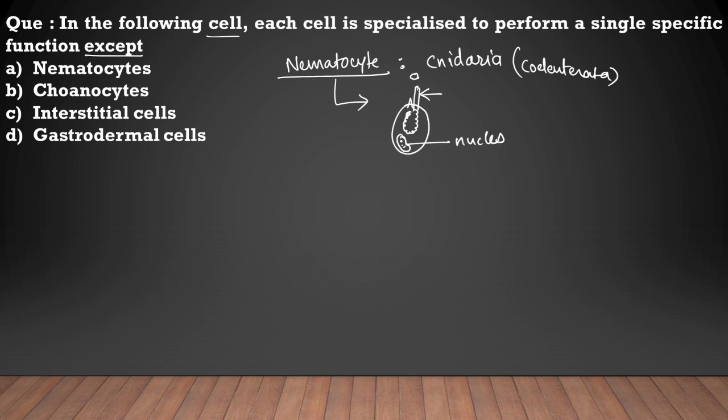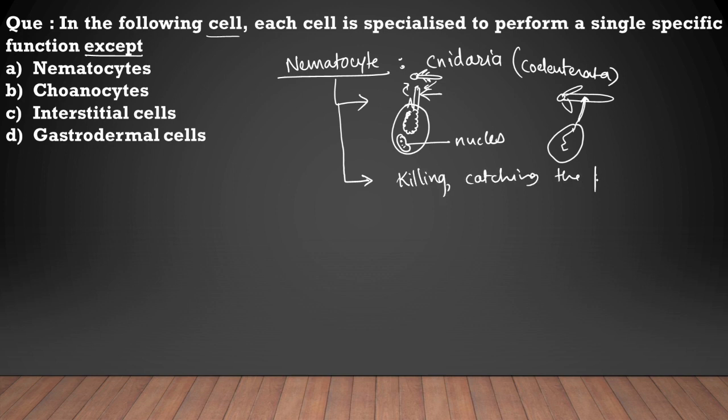So what happens when some prey, for example a crustacean, is moving nearby, and if it touches or comes in contact with the trigger of the cell, this needle-like structure will move inside the body of the gastropod or any coelenterate or any organism that it generally feeds on. It will release some neurotoxin chemical that will kill the organism. So generally this nematocyte cell is used for killing, or you can say catching the prey. Okay,